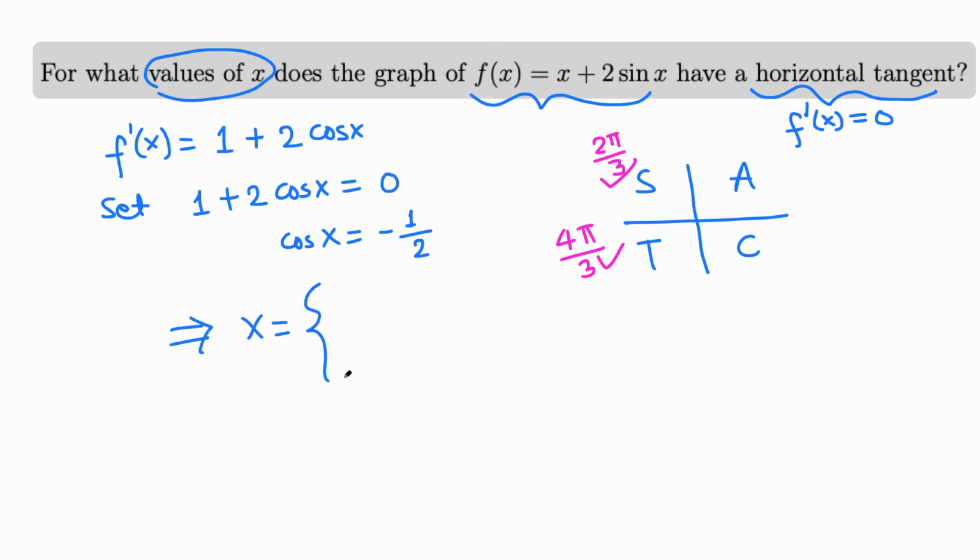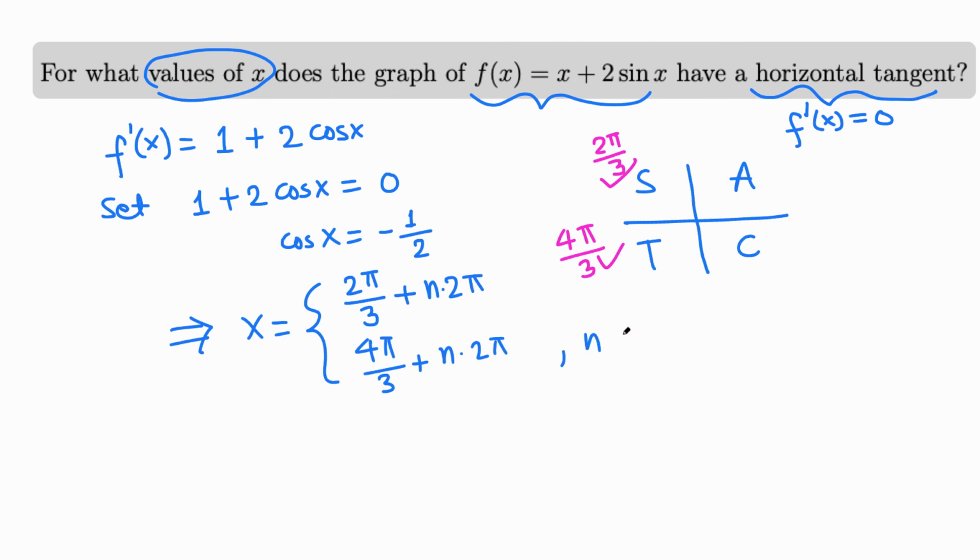x equals, let me put in two different values. So the first angle is 2 pi over 3, right? Just looking at second quadrant, but we can go one full cycle, that's 2 pi, or 2 full cycles. So that means n times 2 pi. So n could be 0, that means 2 pi over 3. N equals 1, we go around, or n equals -1, we go around this. Okay, and same thing here, 4 pi over 3 plus n times 2 pi, and n is any integer,